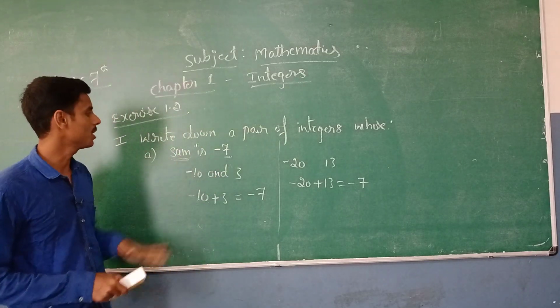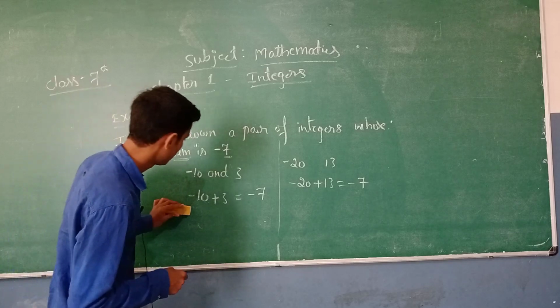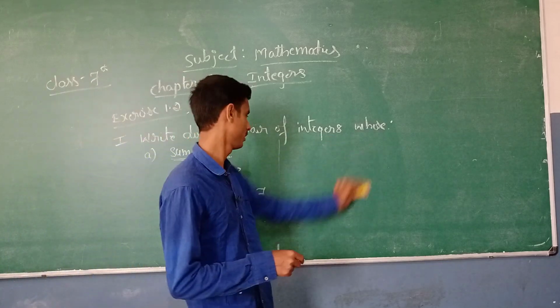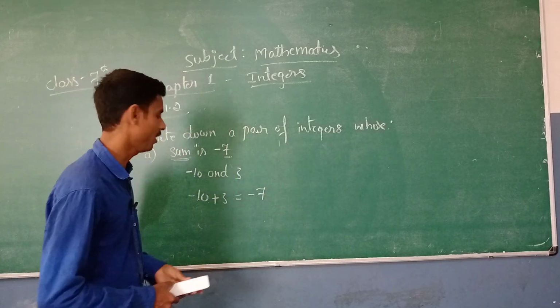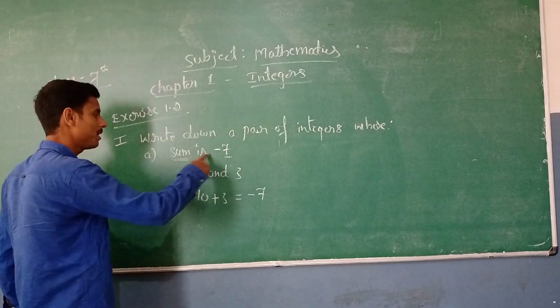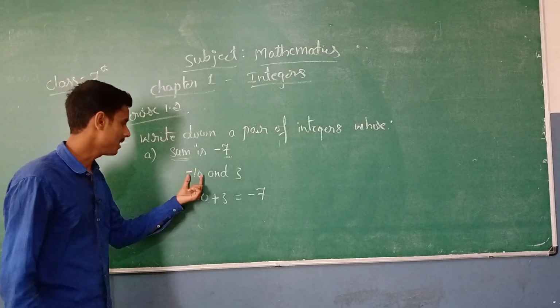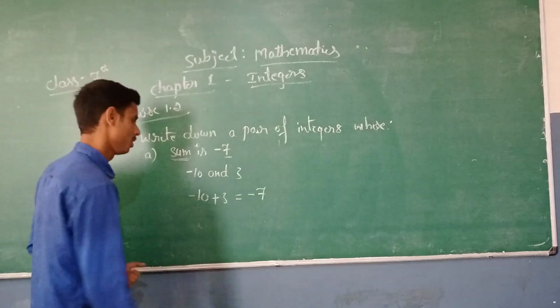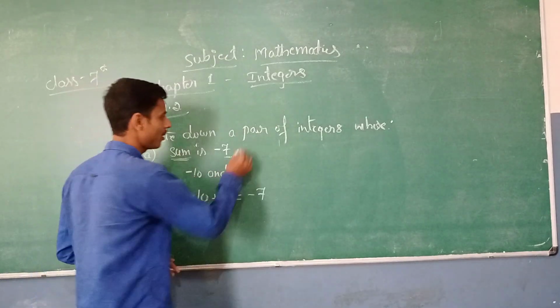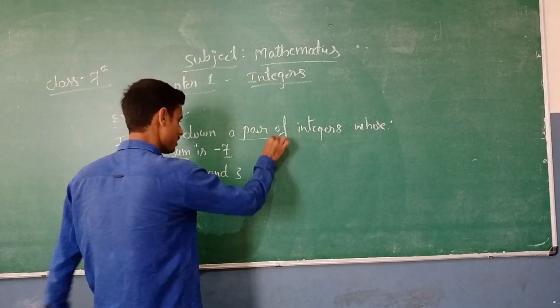So this condition is very important here. Clear? So which are the pair of integers whose sum is minus 7? Minus 10 and 3. So many pairs of integers we can write. Second one,